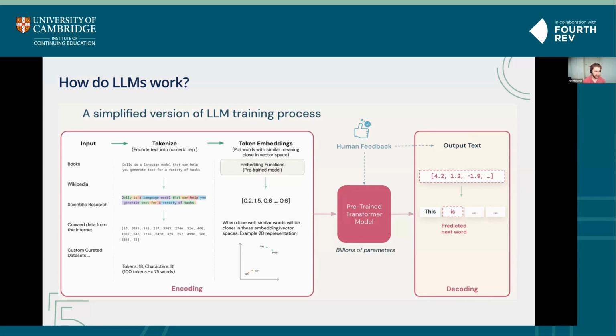The next step after collecting that data is tokenization. So this is basically splitting text into its relevant components. A token might be similar to a word, but there's different types of tokenizers, which may not exactly be a word. It may be like a stem of a word. But this basically allows the encoding of text into a numerical representation.